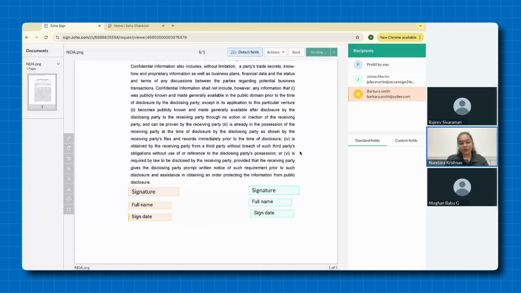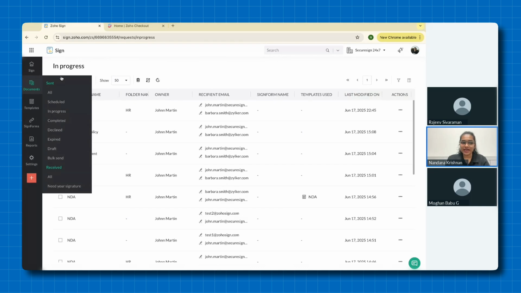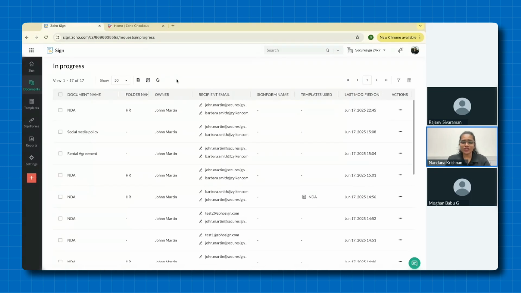Now, how do I track the progress of this document? Once my document has been sent out, I will be able to view the progress under the Documents tab in the In Progress section. Once you come over here, you can see that my document has been sent out